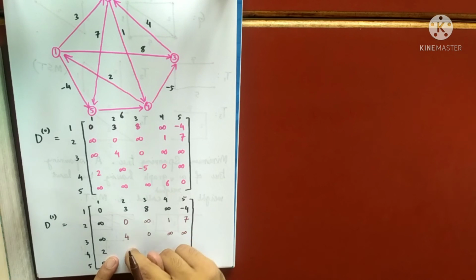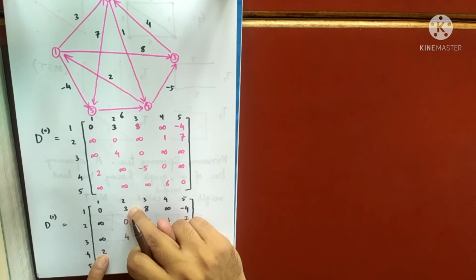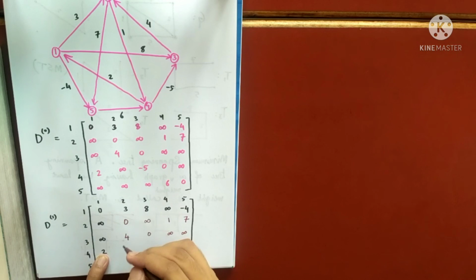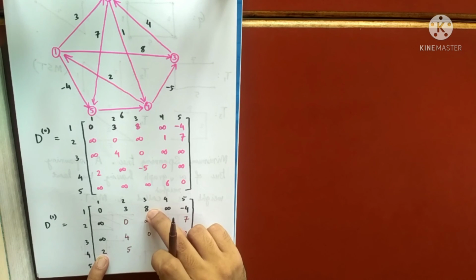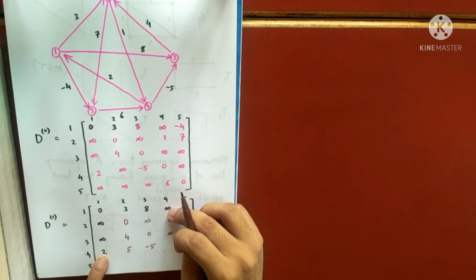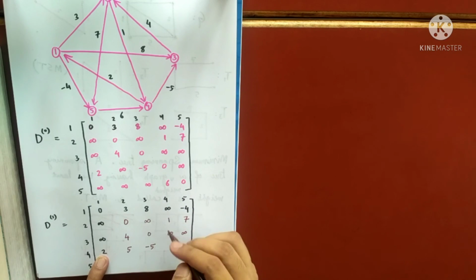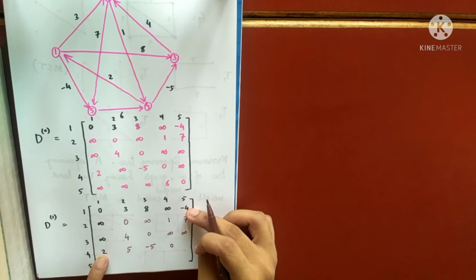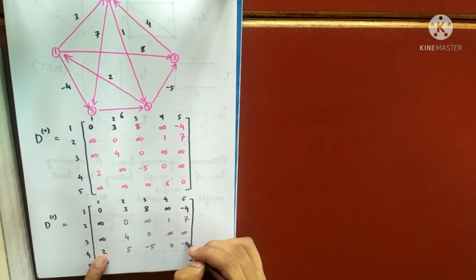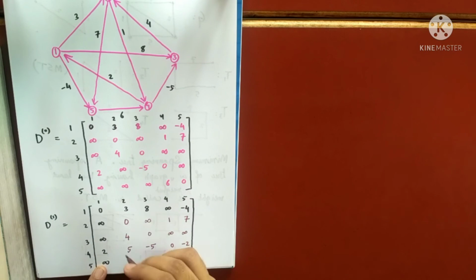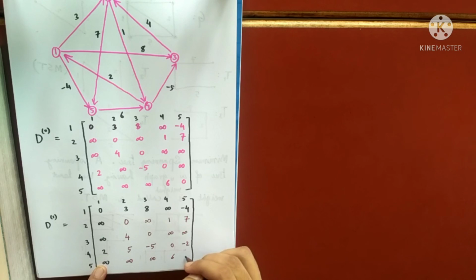Now you see this one. So now it is 2 plus 3, 5. And initially it was infinity. So 5 has come. 2 plus 8 is 10. Initially it was minus 5. Minus 5 is smaller, so minus 5 remains. 2 plus infinity remains as it is. And now I have 2 plus minus 4 is minus 2. Initially it was infinity, so minus 2 is smaller. And because again there is infinity, whatever you add is infinity, so the values will not change. We'll copy the previous values only. Did you get my point? How did I construct D1?